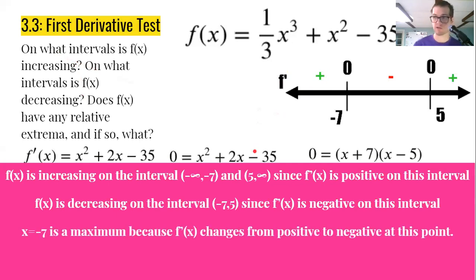Now we're going on to the third question. Does f of x have any relative extrema? And if so, what? Well, x equals -7 is a maximum because